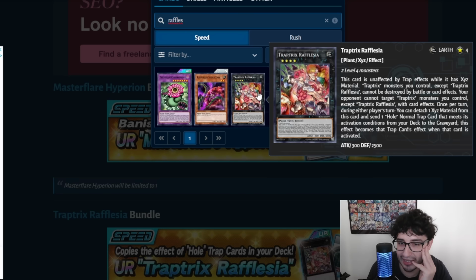Once per turn, during either player's turn, you can detach 1 Xyz material from this card and send 1 normal trap card that meets its activation condition from the deck to the graveyard. This effect becomes the trap card's effect when the card is activated. But it's not quick. Oh no, it's during either player's turn, so it is quick. So you basically have access to any trap card from your deck by simply having a Rafflesia